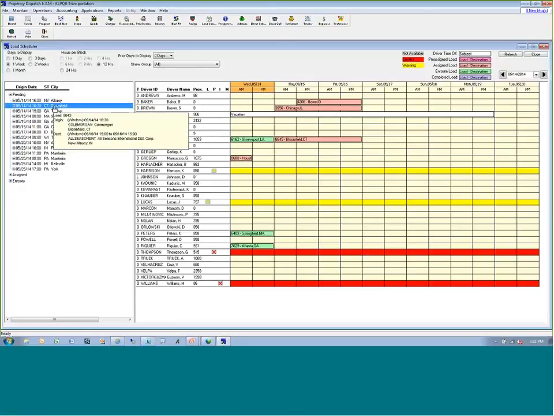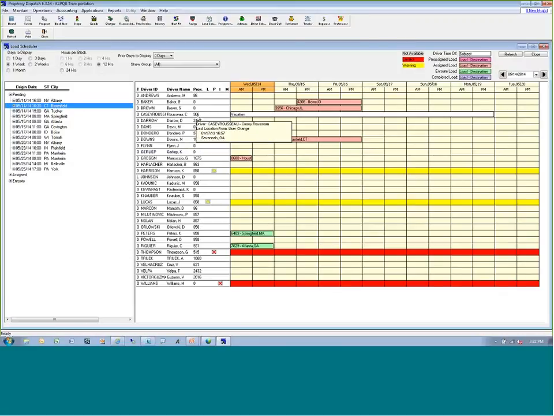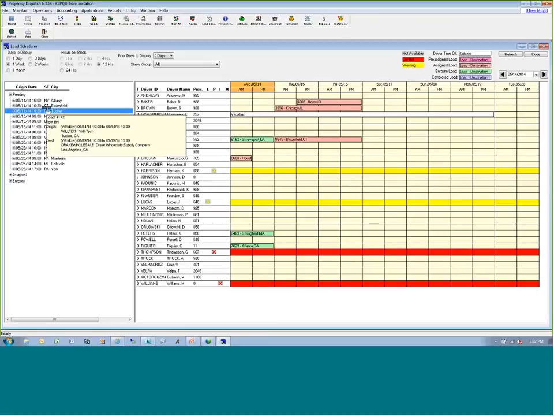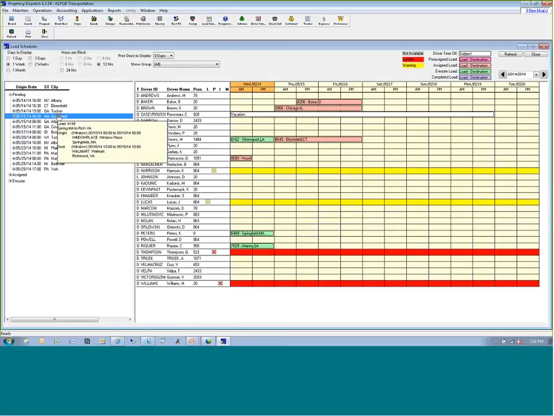And you'll notice as I click on each load, it's giving me a proximity that driver is to the pickup point based on that driver's current schedule or current activities. So as I click, you'll notice the numbers are changing. So I've got this load right there, 4149, that's coming out of Springfield, Massachusetts, going down to Walmart in Richmond,